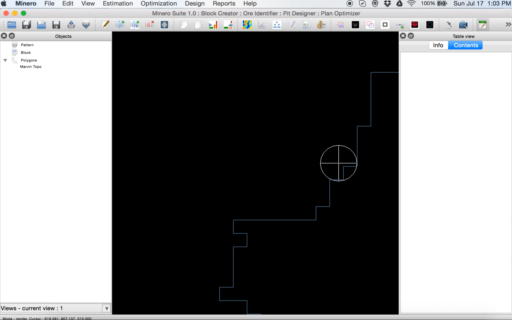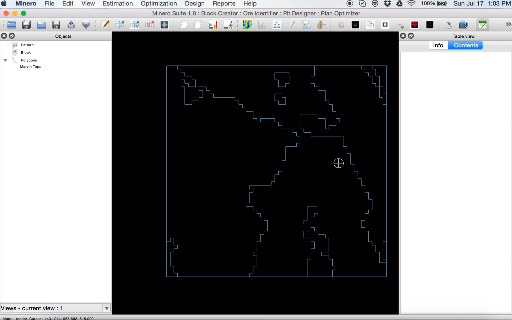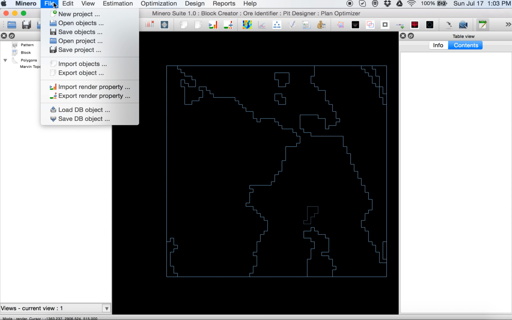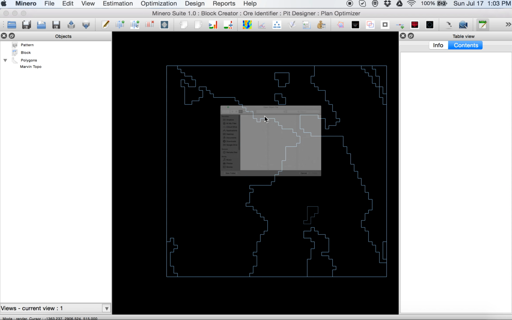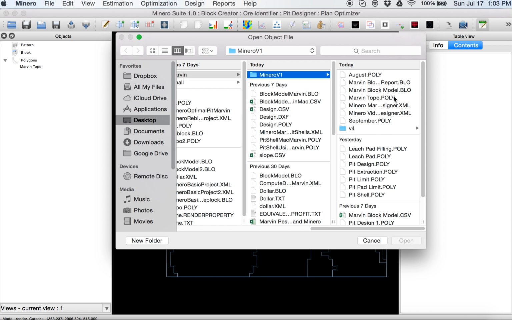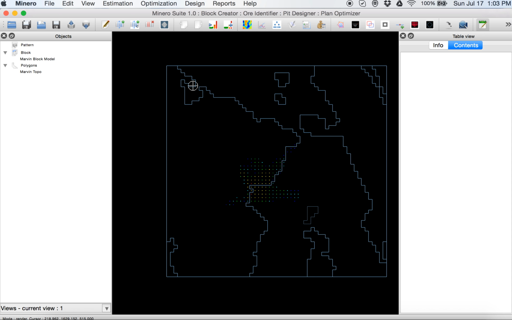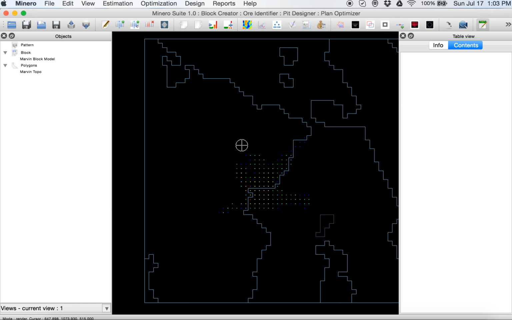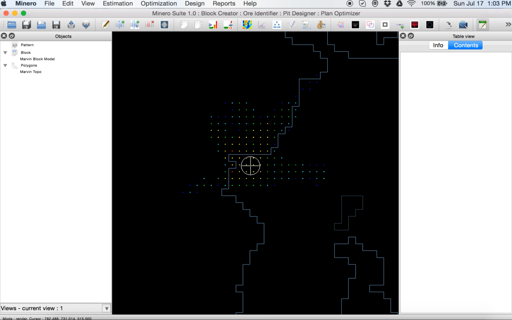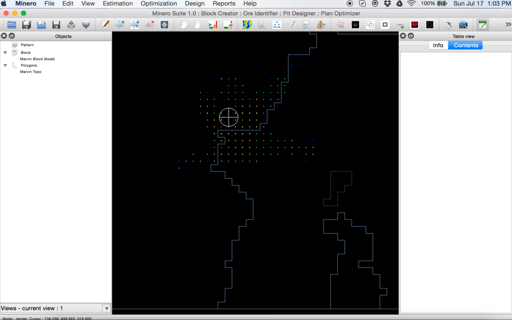Polygon object Marvin Topo is displayed in blue. Then we're going to load the Marvin block model. We can zoom in and zoom out by scrolling the middle button.